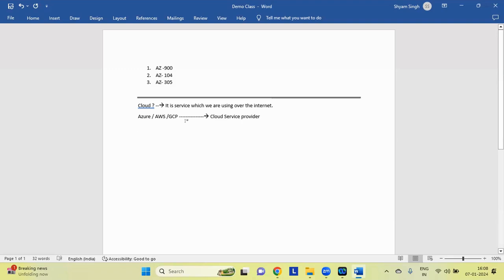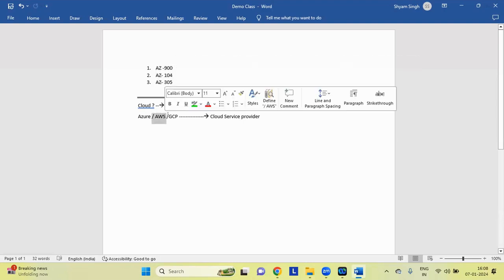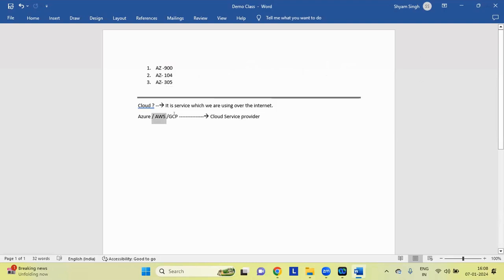Now the question is, why are we going to choose Azure only? Why not AWS? Why not GCP? And there are so many others, Alibaba and all. The list is so long, Oracle Cloud. There are so many people in the waiting room. Please accept.